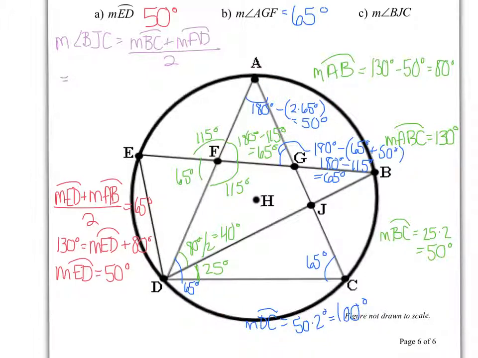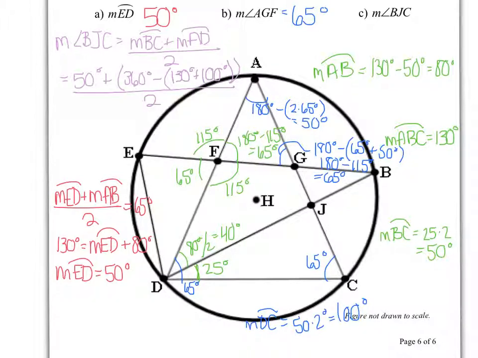So this is going to equal BC, the measure of arc BC, which is 50 degrees, plus the measure of arc AD, which is 360 degrees minus the sum of ABC, which is 130, plus DC, which is 100. So 130 plus 100,